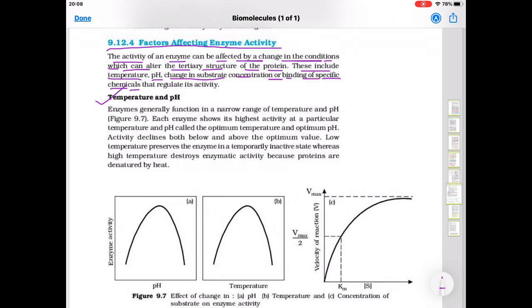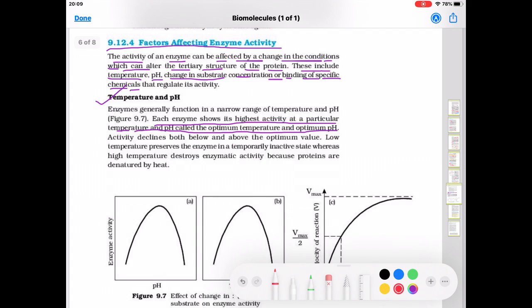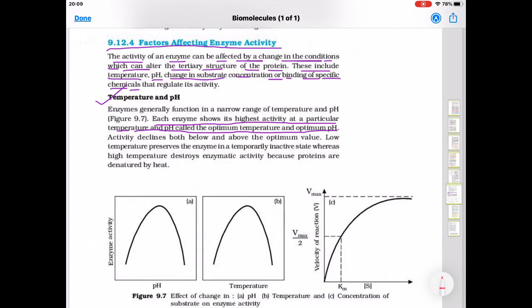Enzymes generally function in a narrow range of temperature and pH. Each enzyme shows its highest activity at a particular temperature and pH called the optimum temperature and optimum pH. Activity declines both below and above the optimum value. Low temperature preserves the enzymes in a temporary inactive state, whereas high temperature destroys enzymatic activity because proteins are denatured by heat. So in the figure